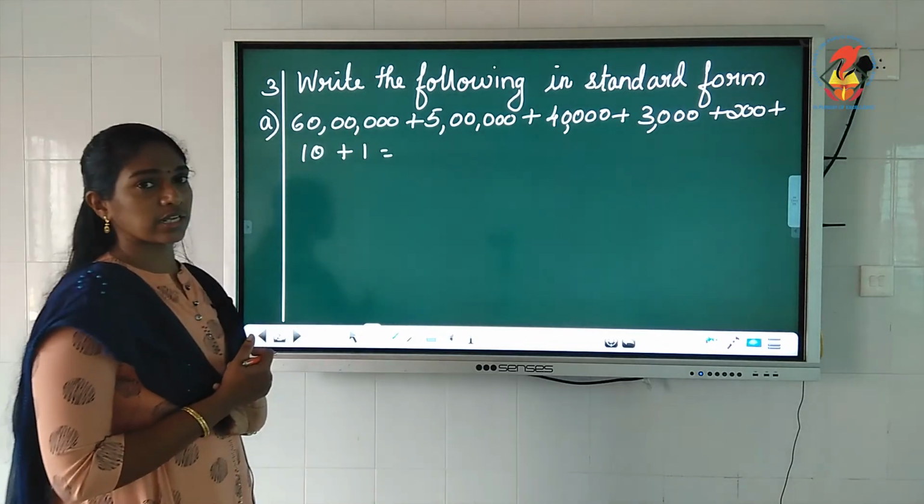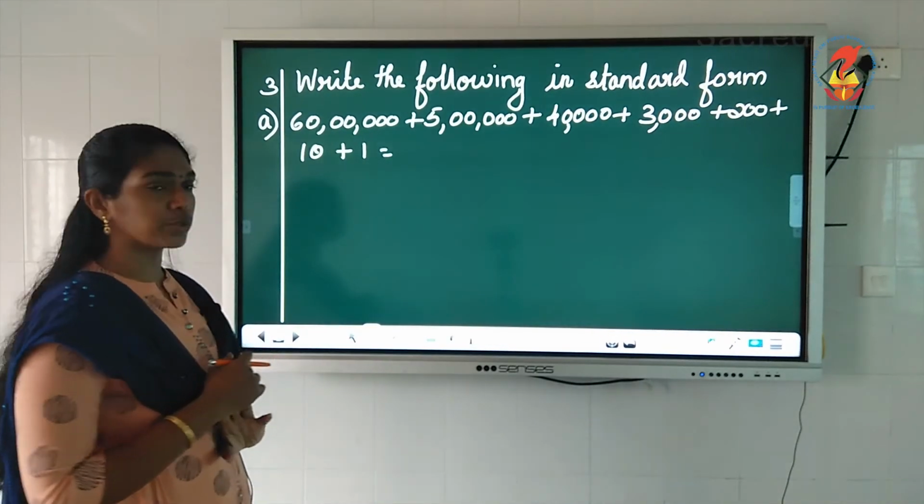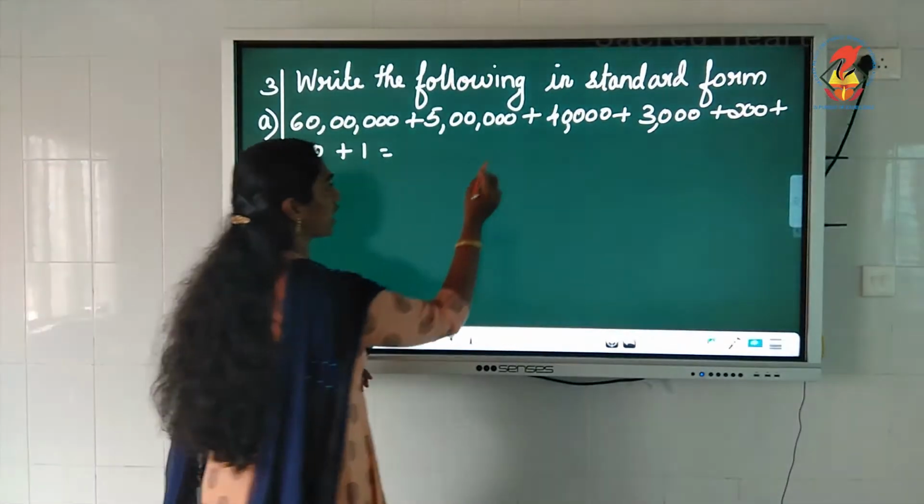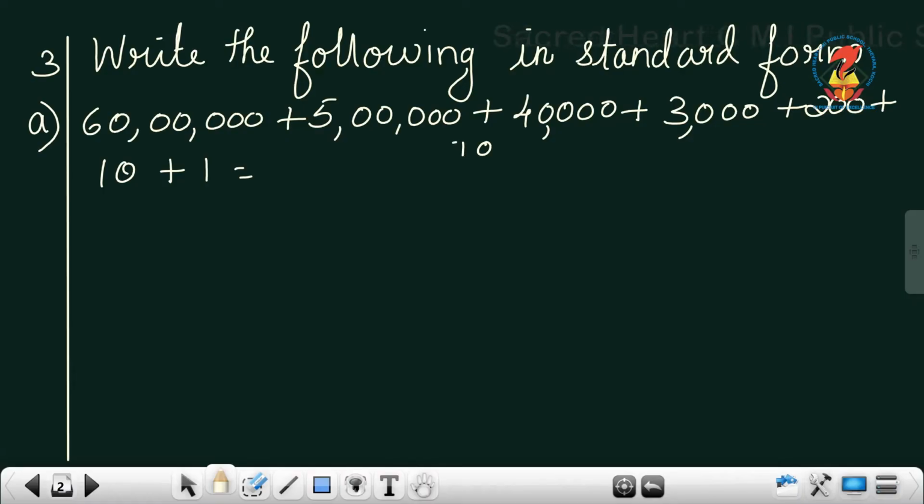Now how to write? Before writing, what you do is, children, first you will write here the places, ones, tens, hundreds, thousands, 10,000s, lakh, 10 lakh, crore. Okay. Just write like this and keep. You can do this in the working column. Now, we can start from the last. See, you have 1 here. That means 1 is coming in the ones place. So, I put 1 over here.